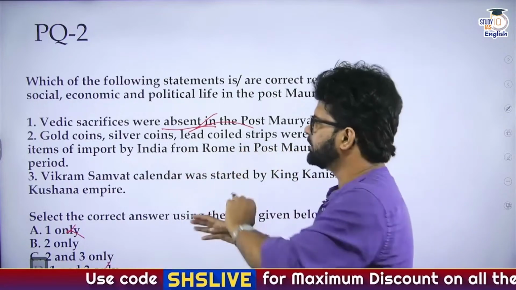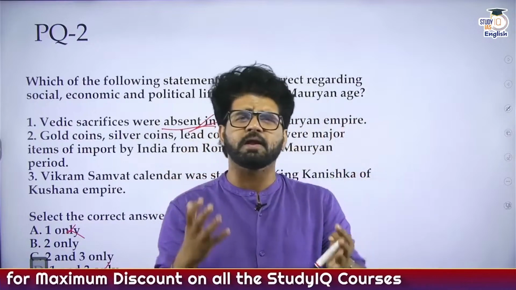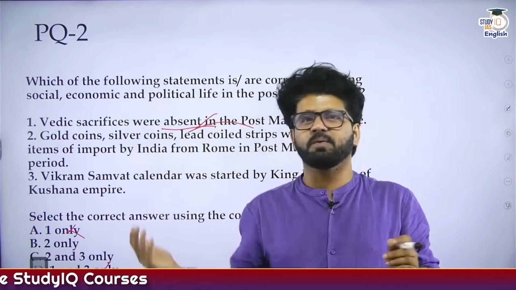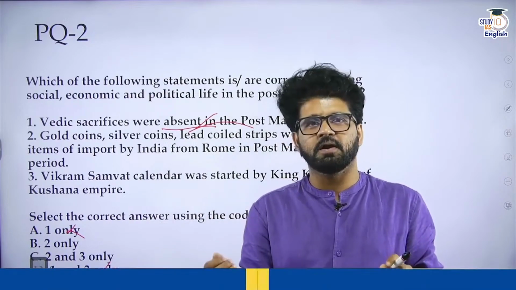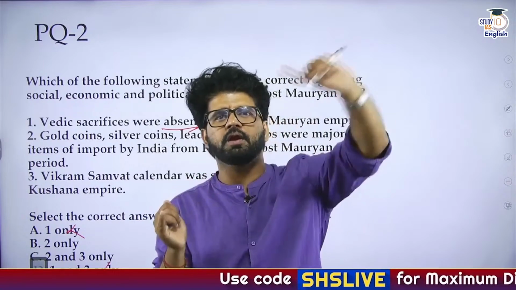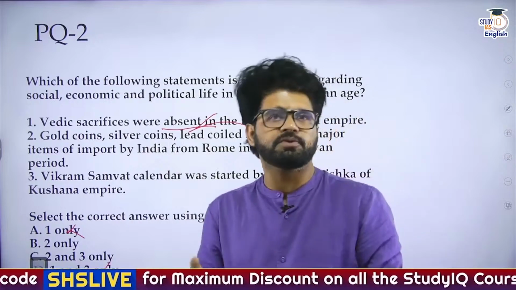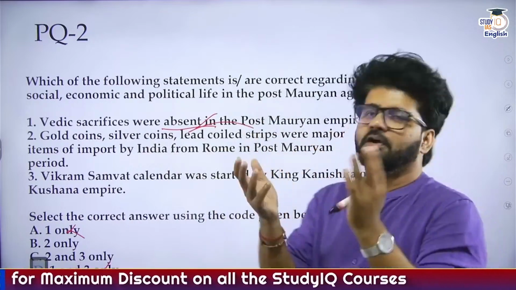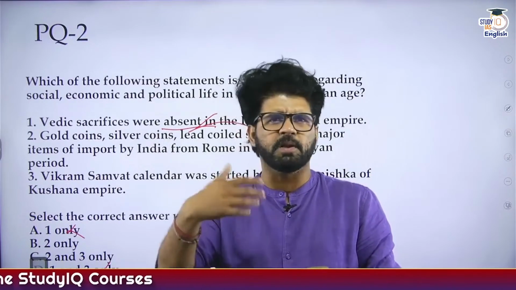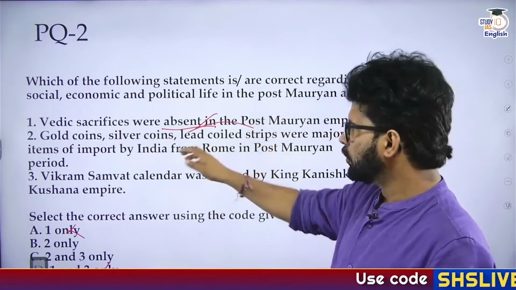So these things were imported from Rome, and there were Pliny and different Roman authors. They were like, oh my God, drain of wealth is happening from Rome to India. See, in the British period, the colonial period, drain of wealth was happening from India to Britain. Our money was going to Britain. Here the exact opposite thing is being described. Pliny, who is a Roman author, and so many people like Strabo, etc., were all crying that so much money from Rome goes to India, gold coins, silver coins.